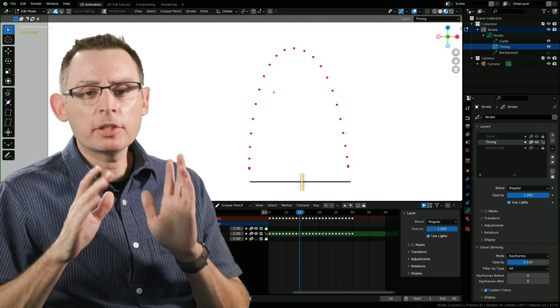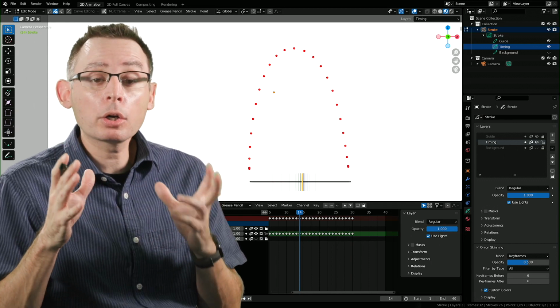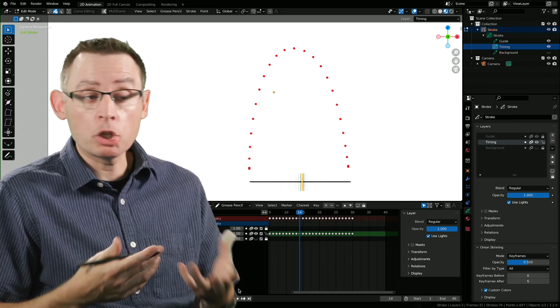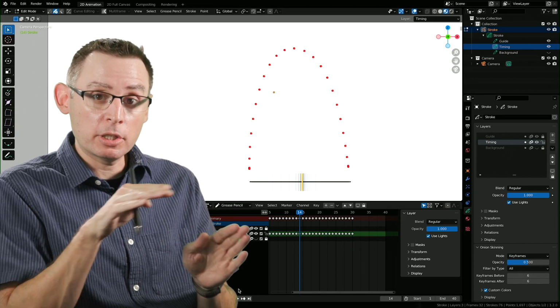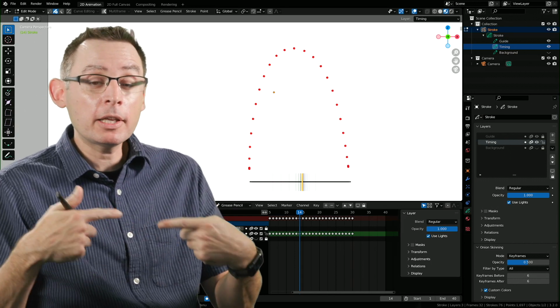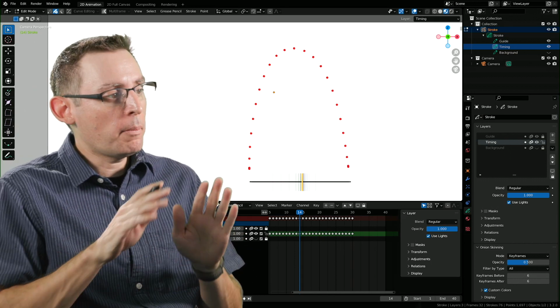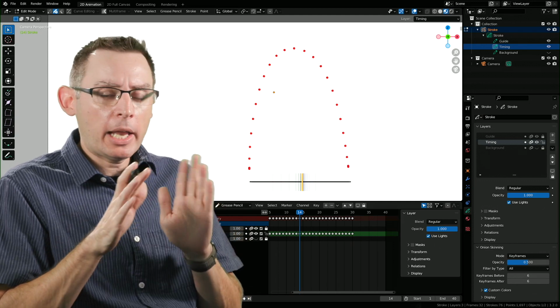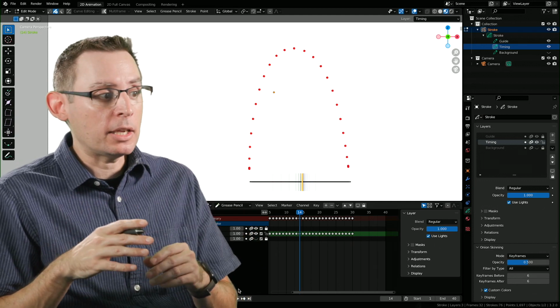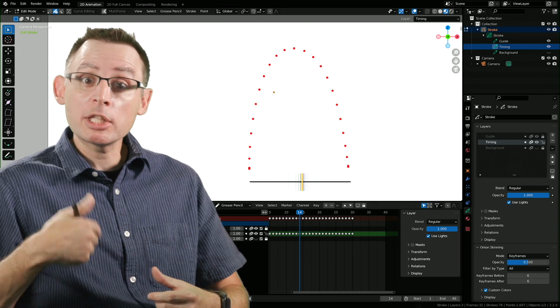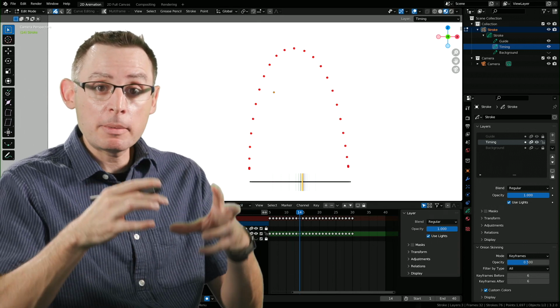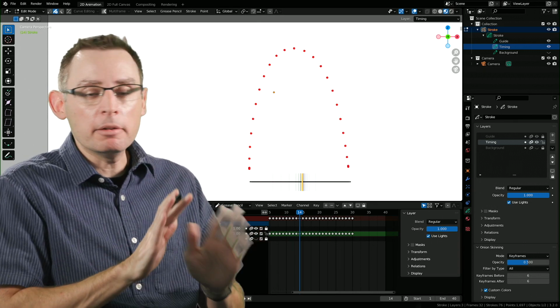And I've done all of this in just a couple minutes. I've done the hard part. Now I can actually go in and draw the ball, match the timing to the timing chart that I've created, and very efficiently work through the creation of our jump. I don't have to worry about the timing in the next stage. I have to worry about the squash and stretch, the individual poses that are going to bring my character to life. The timing's done. I'm done with this.